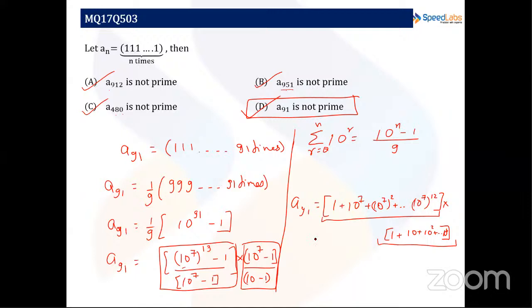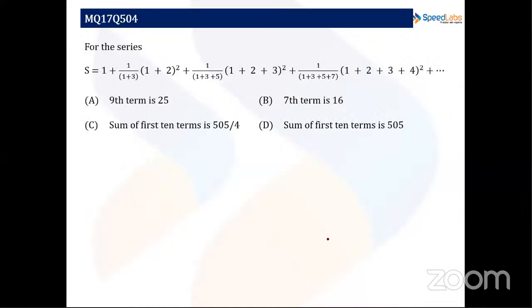Let's move to the next question. So we are given the series S equals 1 plus 1 upon 1 plus 3, and in bracket 1 plus 2 whole square. So we can write the general term as,